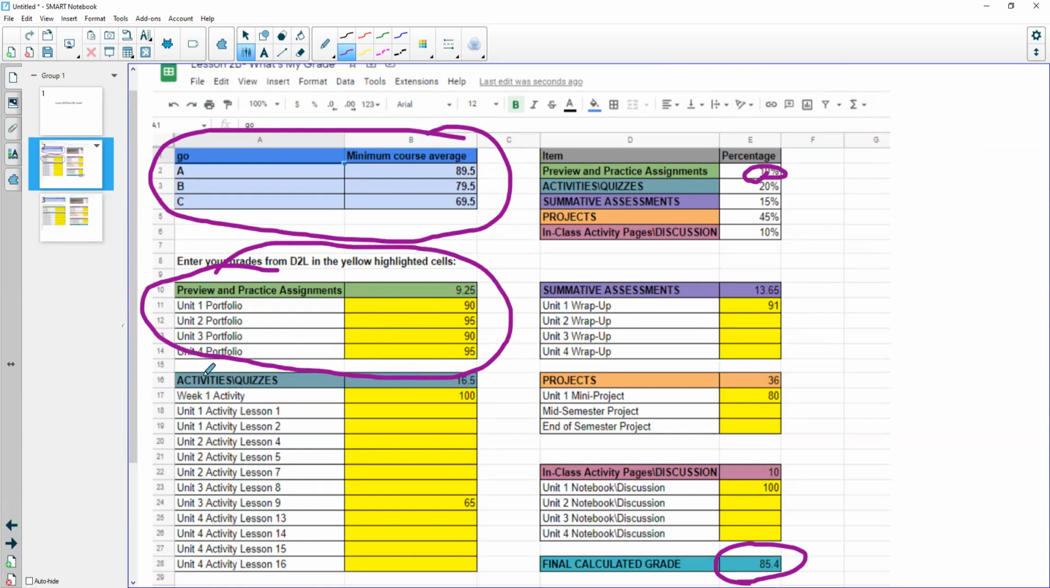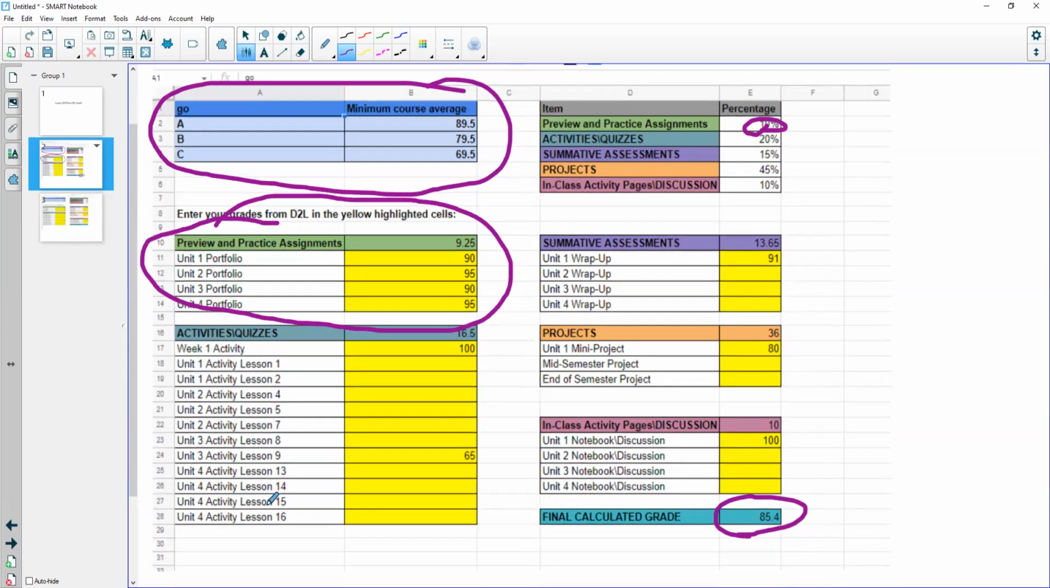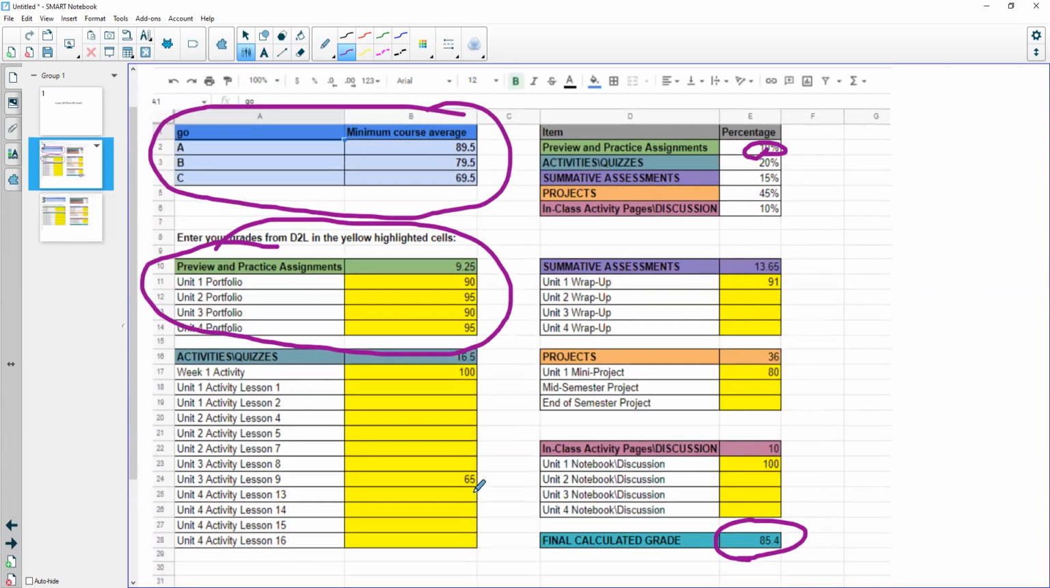And then there are activity and quizzes, and you see there's going to be an activity/quiz for every lesson that we do in this course. And for every lesson, you're going to give yourself a grade that you deserved. If you didn't do the things, you would put zeros in the spot and it would calculate accordingly. So if your grade comes to 16.5, that's out of the 20 possible total points